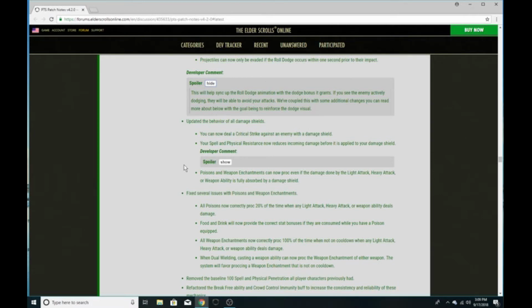You can now deal a critical strike against an enemy with a damage shield. I like this. I've talked to a few people about this. I think this is a good change. There's some other things that they have to do, but in general, this, in my opinion, needed to happen. Being able to negate the crit ability of other classes was kind of silly. So